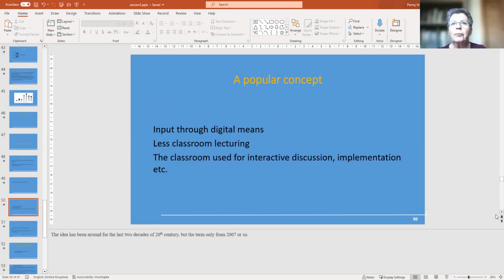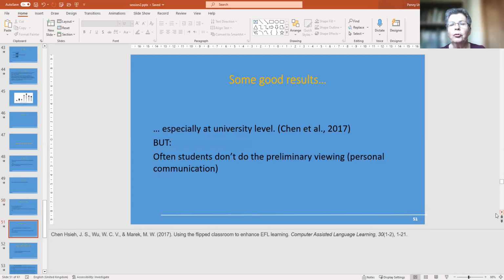First of all, it's popular also because it uses online tools. It means less lecturing in the classroom, and the classroom is used for interactive discussion. And there've been some good results, bearing out what you just said about your students. But, and this is personal communication, I had two interactions with people about